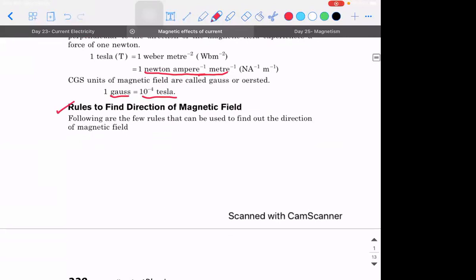So how do we find the direction of magnetic field? So what are the rules that you know, guys? Right hand thumb. So you have right hand thumb rule. So that is one method, or you find using the cross product of vectors also. That is when you try to calculate the direction of magnetic field due to a current carrying conductor, we can also use the cross product, right? The cross product comes from the Biot-Savart law.